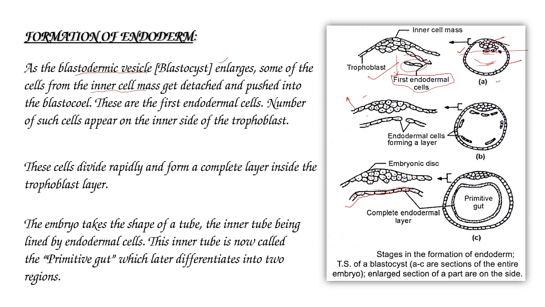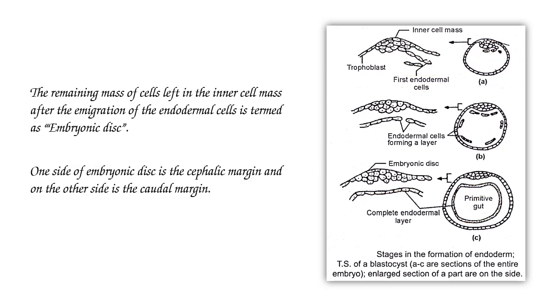Now the embryo takes the shape of a tube. That means when this endoderm layer is formed completely, it appears as a tube-like structure inside, and this tube-like structure is called primitive gut or archenteron. Now the remaining mass of cells left in the inner cell mass after the emigration of the endodermal cells is termed the embryonic disc. One side of the embryonic disc is the cephalic region, and the other side is the caudal margin. So let's see the diagram here. After formation of this primitive gut, or archenteron,